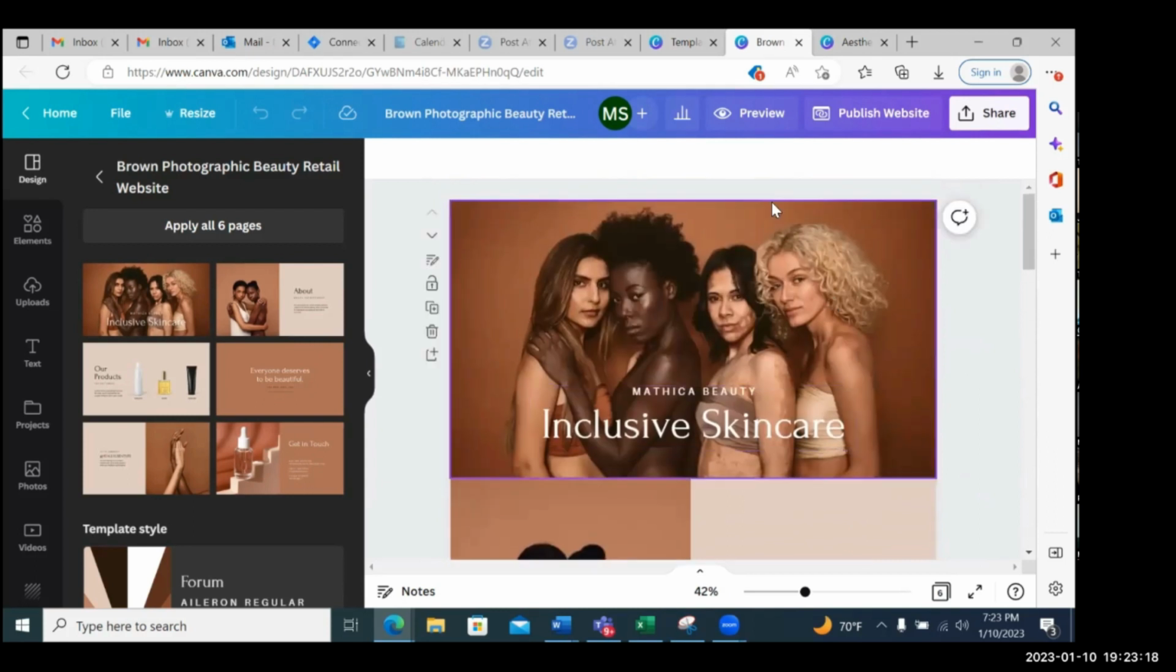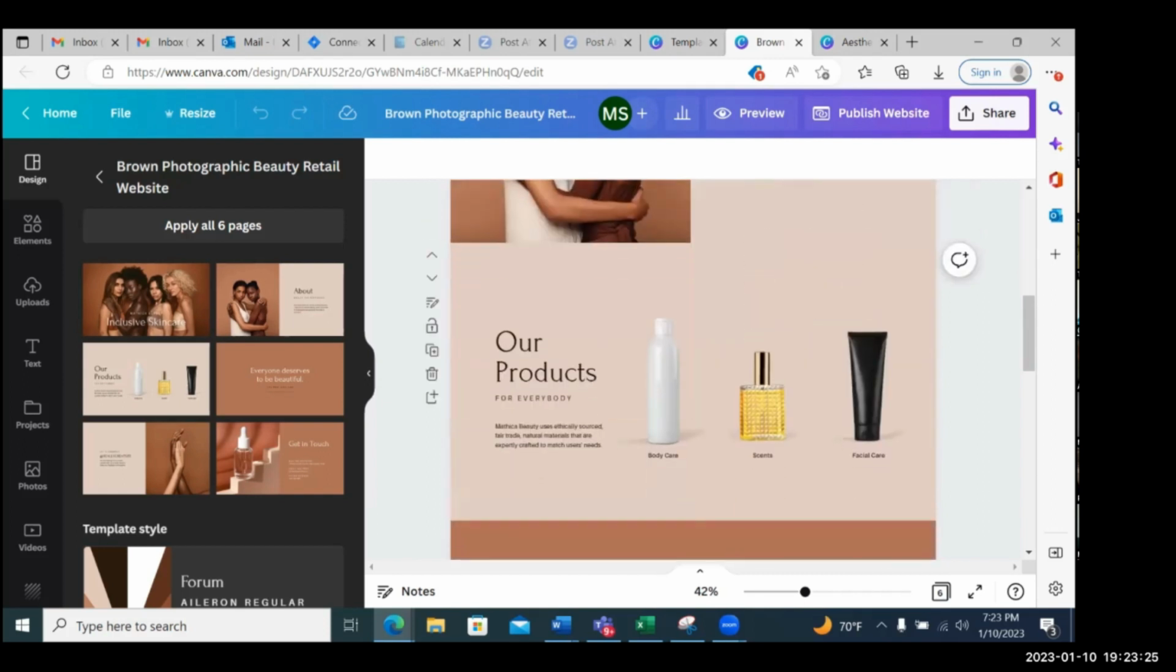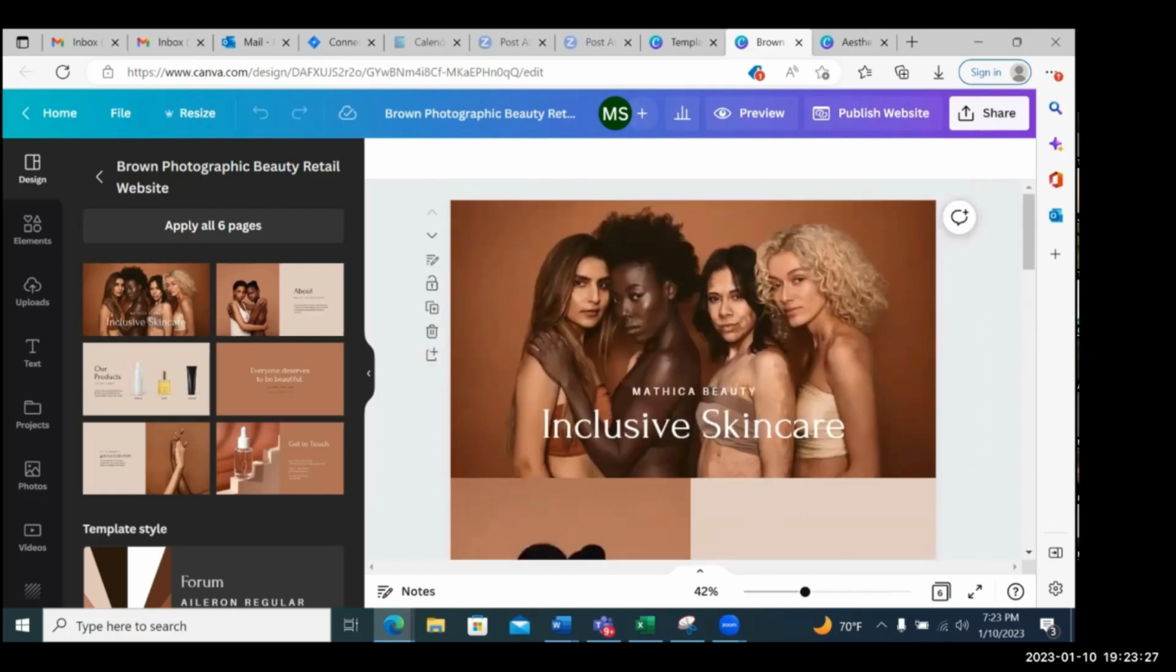Just for your landing page. And then maybe how to purchase something. Right. And then how to purchase, right? Now, all you have to do is click on publish website